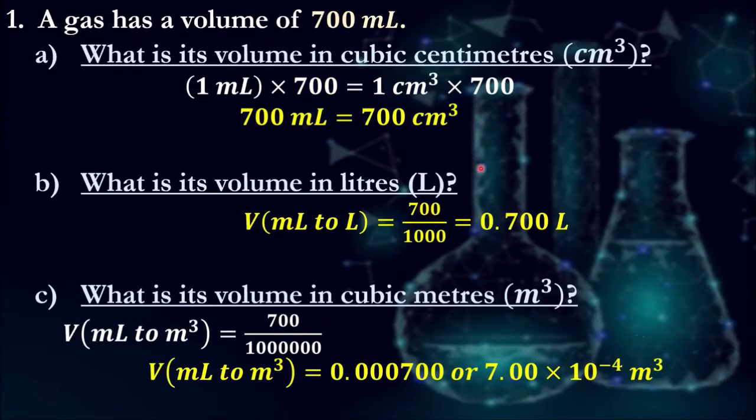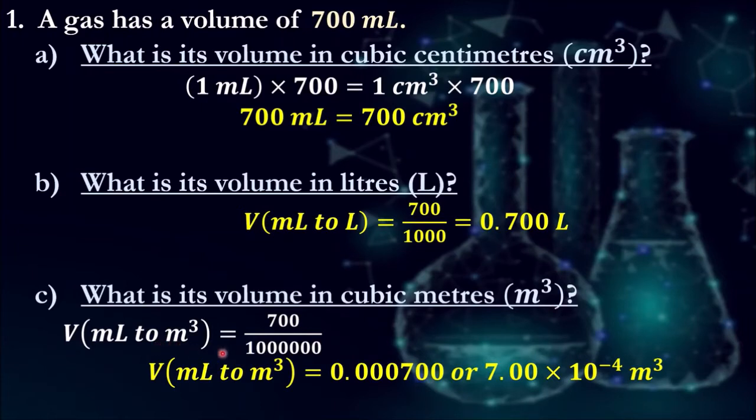Alright, so if I want to convert milliliters into cubic centimeters, remember it's a 1-to-1 ratio. So 700 milliliters is the exact same thing as saying 700 cubic centimeters. If I want to convert milliliters into liters, you divide it by 1000, so it's 0.7 liters. And if I want to convert milliliters into cubic meters,